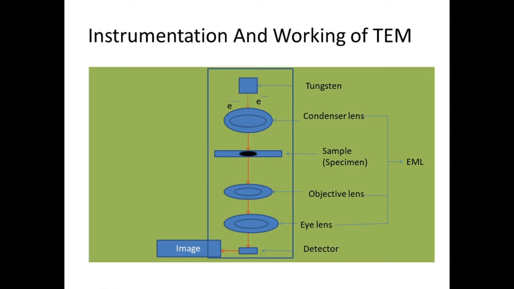This vacuum chamber is airtight, and because of this, air does not disturb the electrons, and that's why we get a clear image. That clear image is always in black and white, always black and white. This is the role of this vacuum chamber.